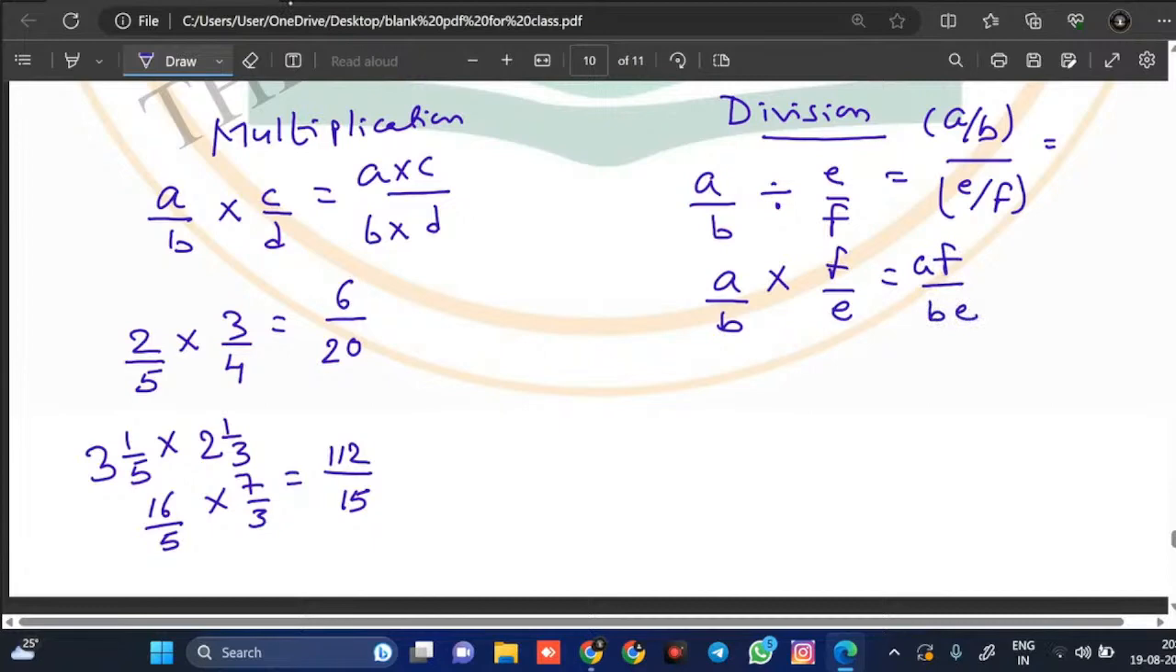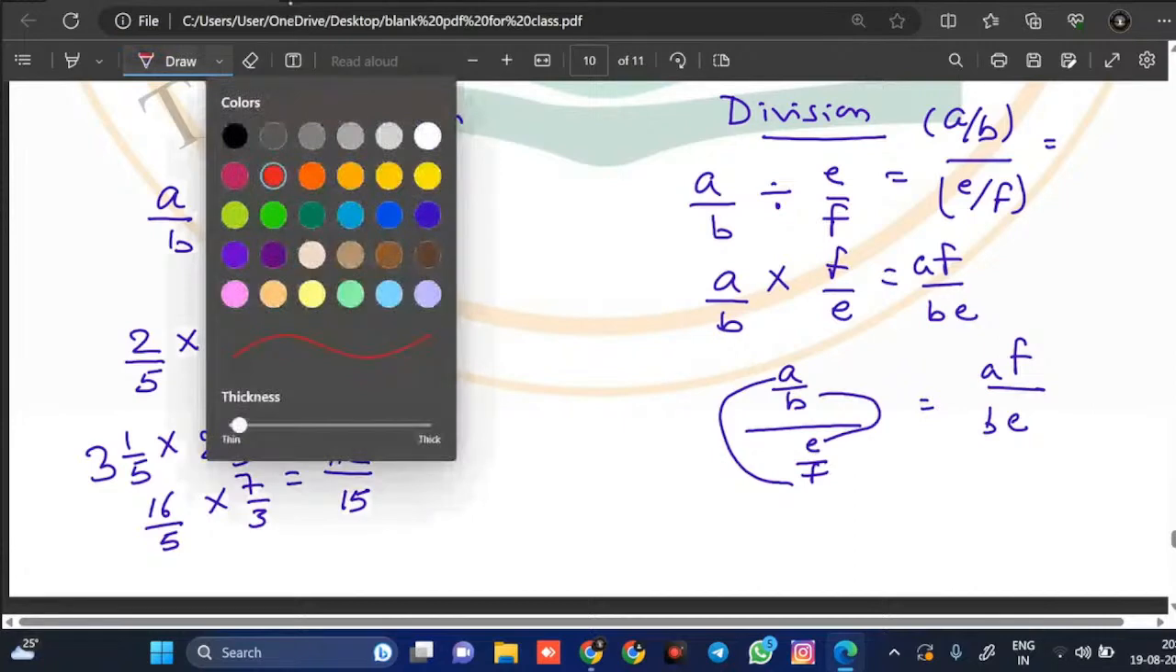Similarly अगर ये ऐसा हो तो इसको कैसे divide करते हैं, a by b divided by e upon f। अगर ये ऐसा दिखे तो extreme multiply होते हैं, ये पूरा का पूरा और ये पूरा का पूरा, ऊपर वाला पूरा नीचे वाले से और बीच वाले बीच वाले से। तो ये क्या हो जाएगा af upon नीचे क्या है be। This will be my answer, af upon be। ओके, तो इसके ऊपर कोई question ले लेते हैं।